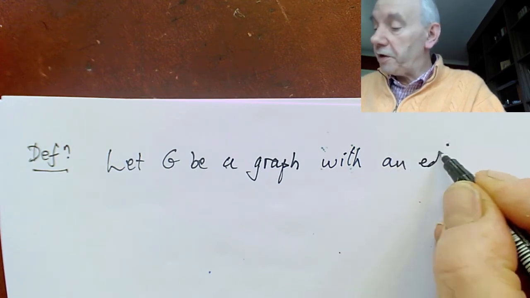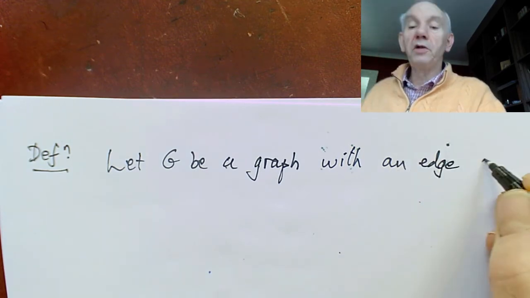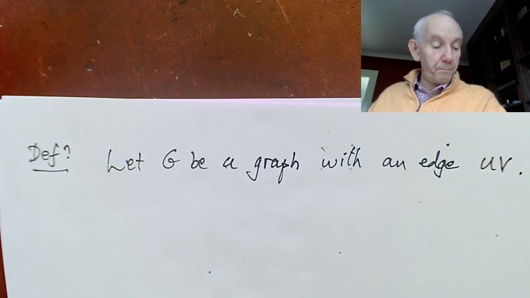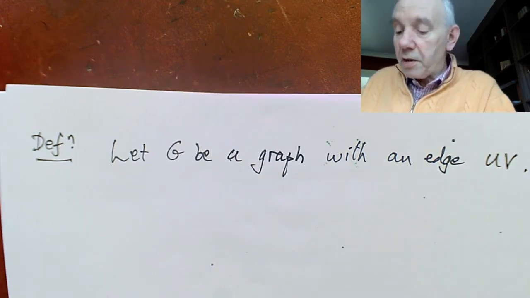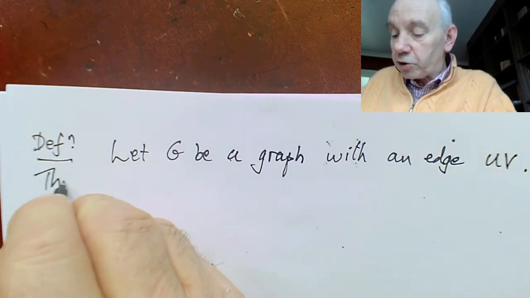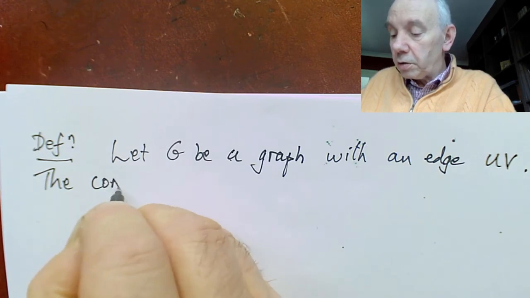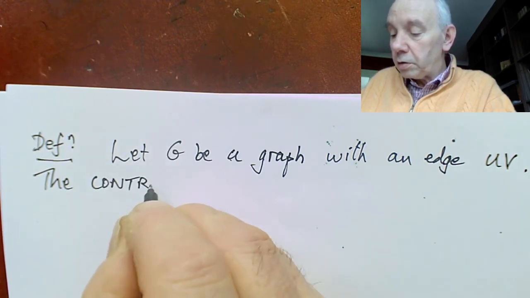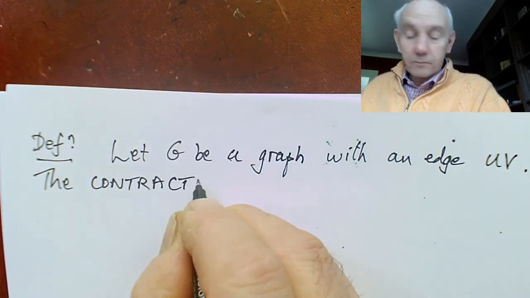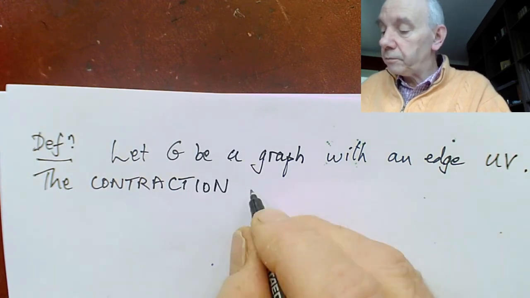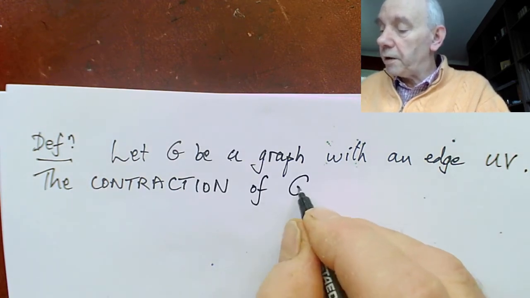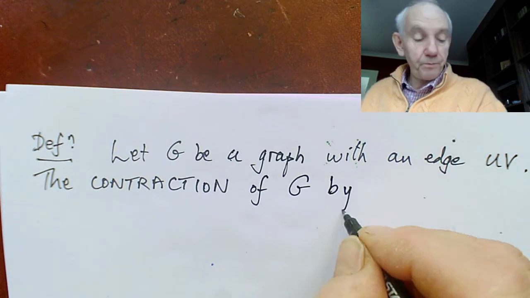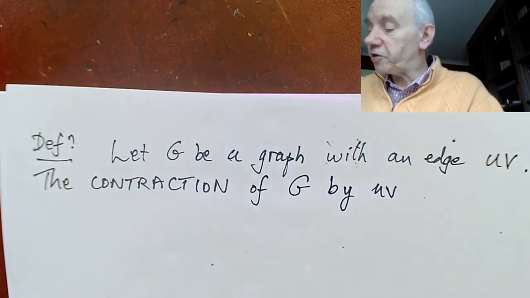So U and V are vertices of G. Then the contraction of G by the edge UV is the new graph,